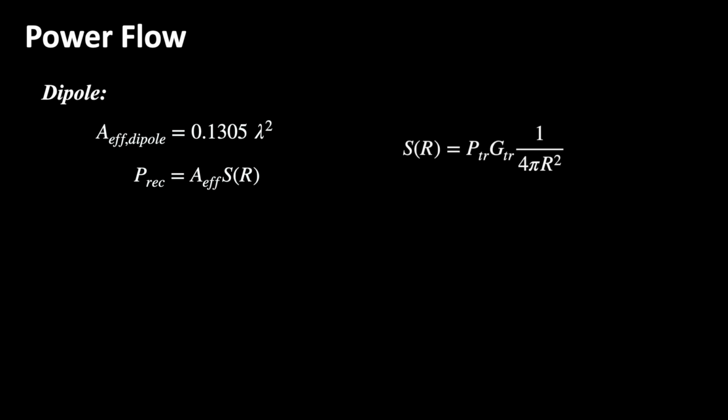Let's go back to our isotropic reference antenna for a moment. It is amazing that even though the isotropic antenna does not exist in reality, its effective area can still be determined using the general theory of diffraction. But no worries, I'm just sharing the result. It is equal to lambda squared divided by 4 pi, or 0.0796 multiplied by lambda squared.